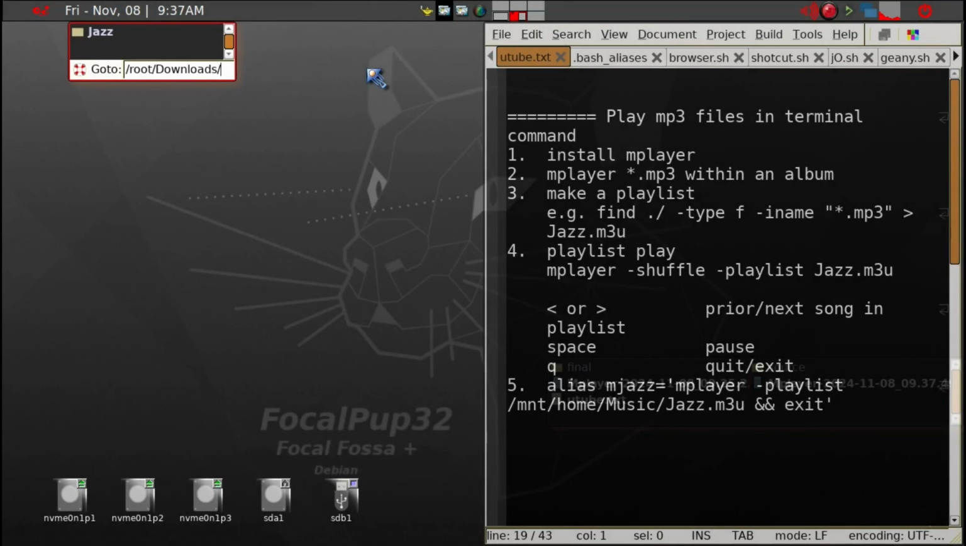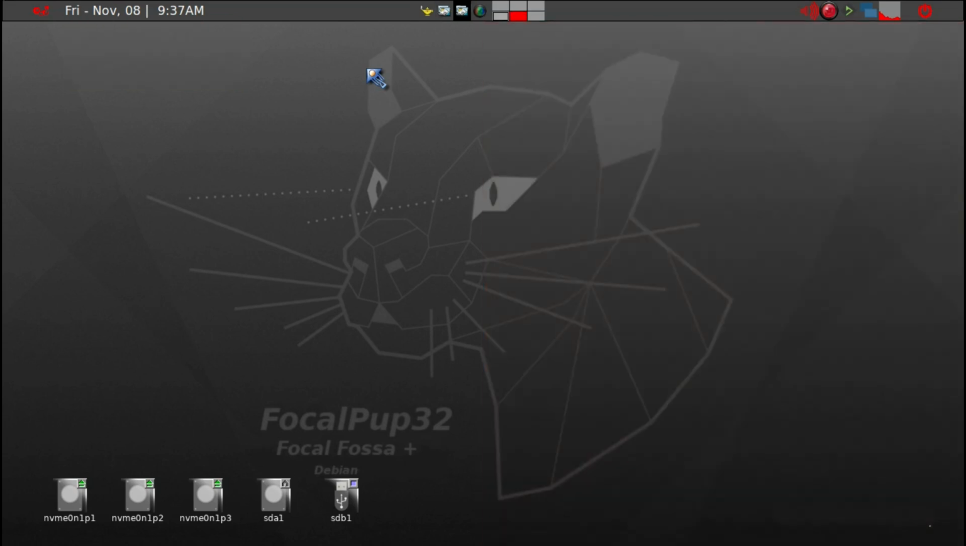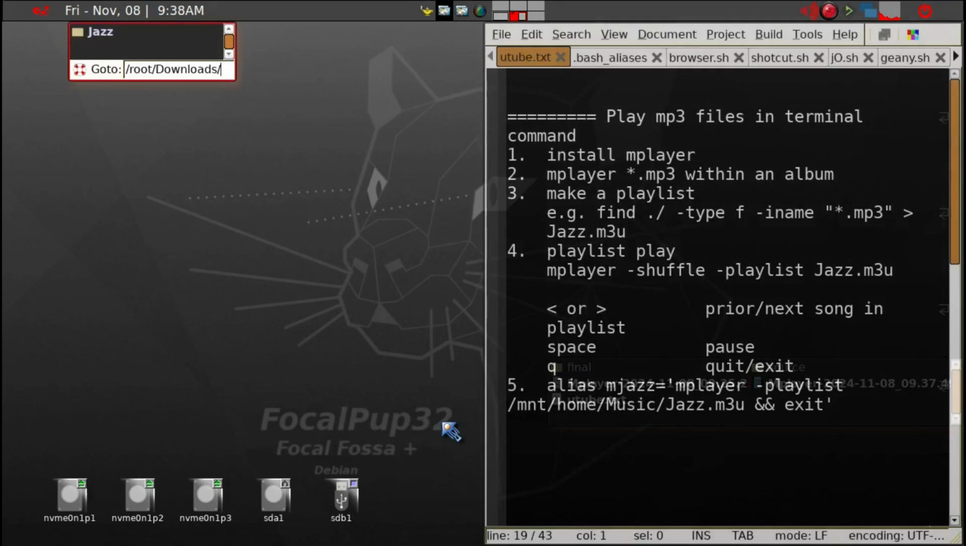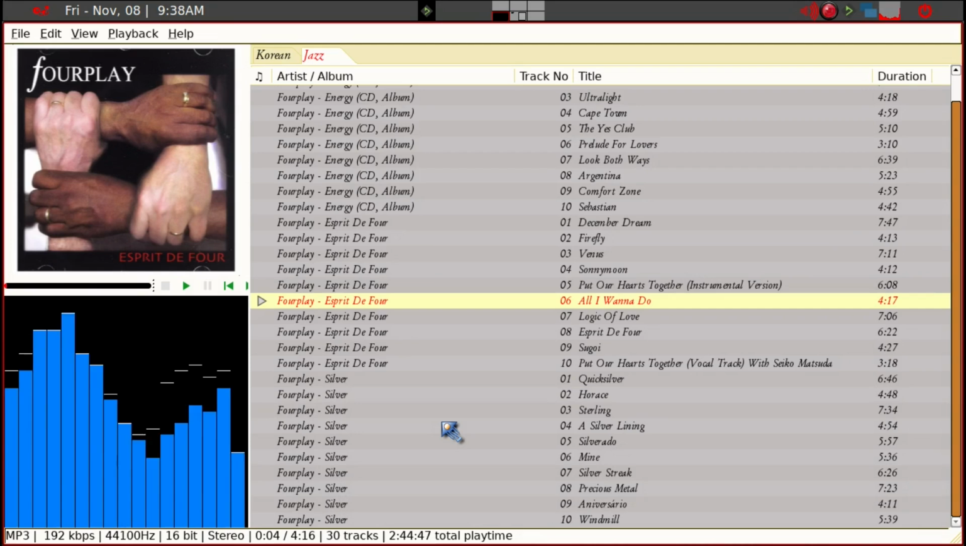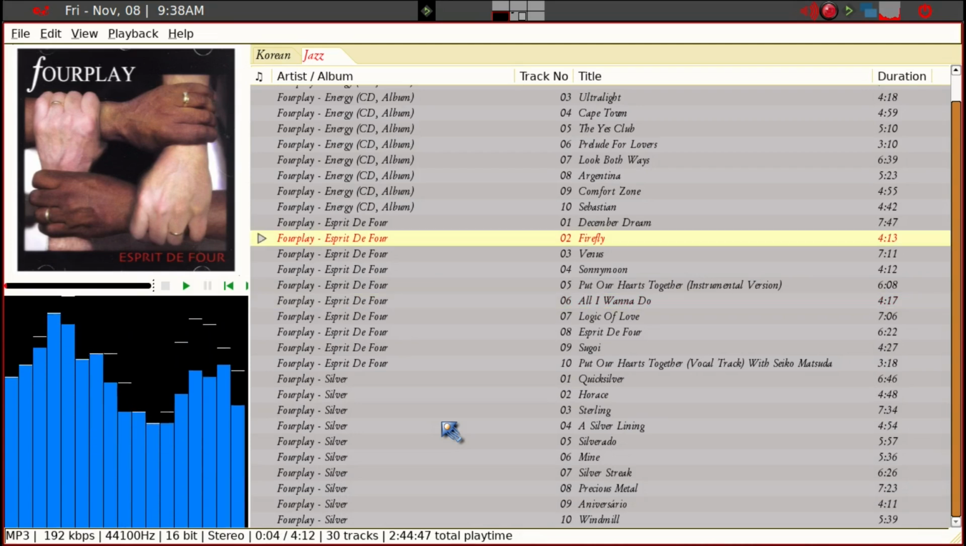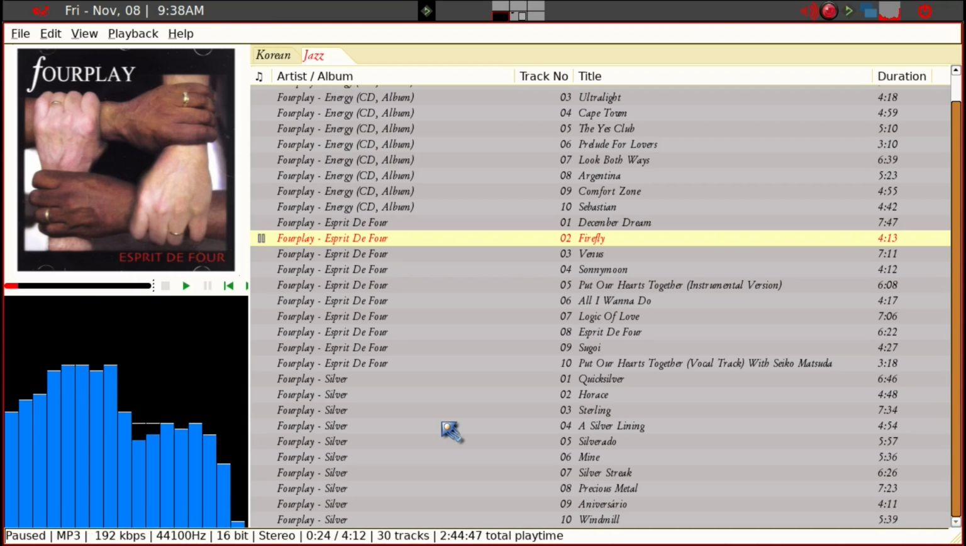Today is November 8th, 2024. I have booted into my Focal Pup 32-bit ISO, which I think is really an excellent ISO for 32-bit low-powered machines. Although most of us in Puppy Linux particularly like DeaDBeeF player, like I have here, which works very well and has fancy graphics and so on, but I think the